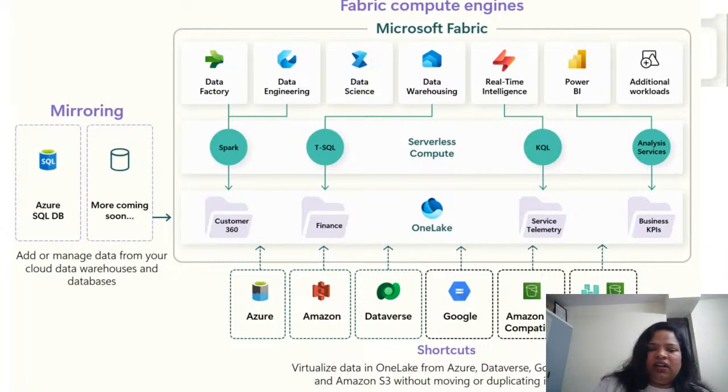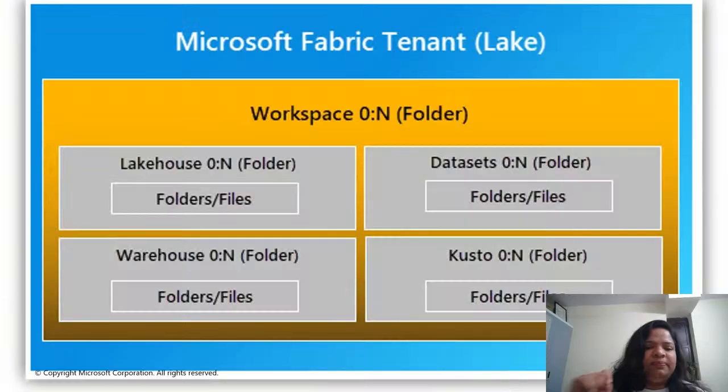I hope you are able to understand the overall architecture of Microsoft Fabric. If you have any question, you can post it on the chat. Now, let's understand a little bit further how it is. So, as I have mentioned, there is the core architecture, that is OneLake. This OneLake is a hierarchical design, simplifies the organization-wide management. So as I have mentioned, all data is going to be available in OneLake.